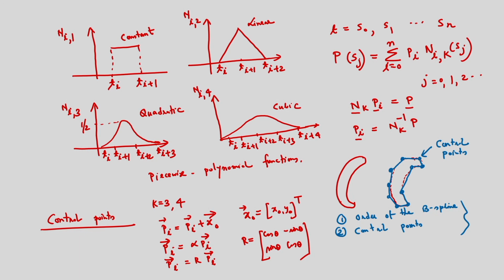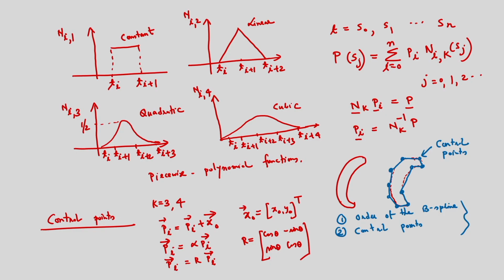Suppose I want to change the shape of the B-spline curve. In this case, what are the parameters I can adjust? One is the position of the control points, and I can also adjust the position of the knots. That means I can change the position of the knots, and also I can change the degree of the B-spline curves. So to change the shape of the B-spline curve, I can modify these parameters.